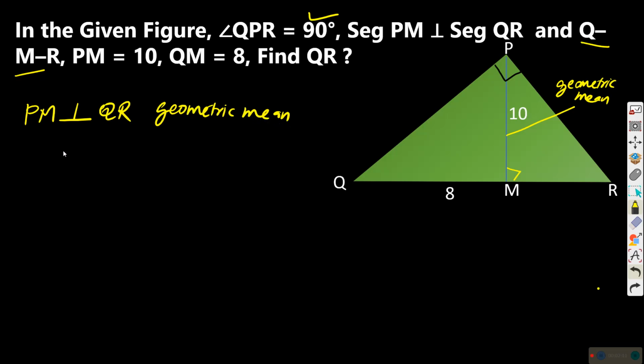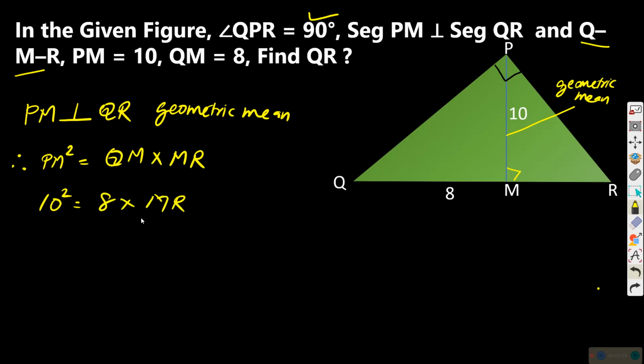As per the concept of geometric mean, PM square is equal to QM into MR. This is the concept. We have QM also with us, only MR is not there, but we have to find out QR. When we get MR, we will get QR also. So MR we will find out. It is 100 upon 8, so we will write 25 upon 4 and